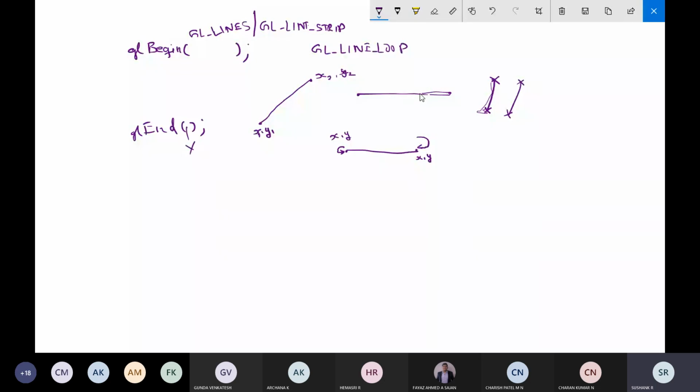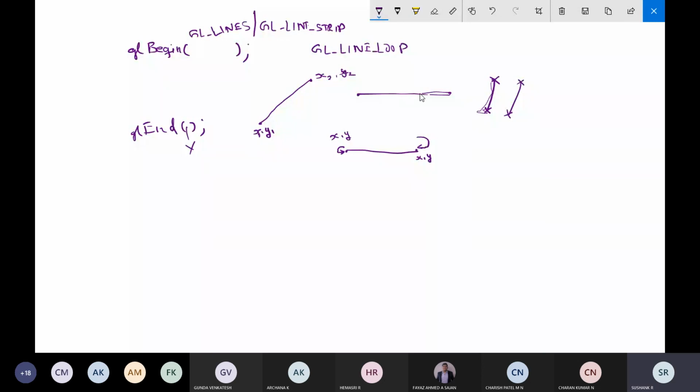These are the constants used to decide how the endpoint positions will be connected to form a set of straight lines. Sometimes I might call it a line segment and sometimes a line. They are one and the same.